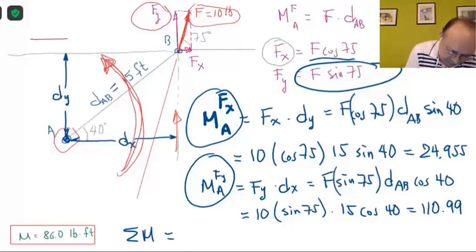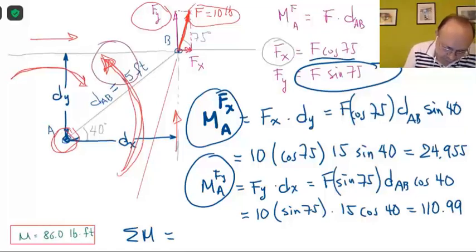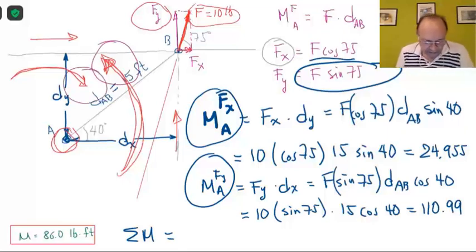Fx goes like this, and with respect to A, it produces some kind of rotation in the opposite direction, right? Like this. So we want to find the summation of these two moments. The moment produced by Fy and the one produced by Fx go in opposite directions. So I have to subtract one from the other. They don't have the same sign. And we can set up